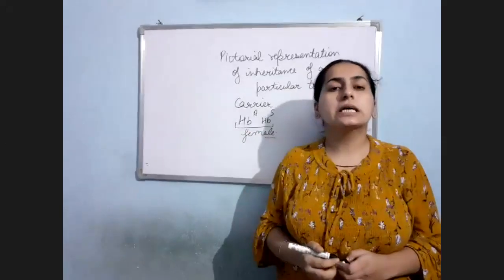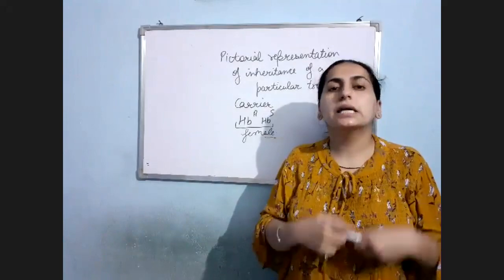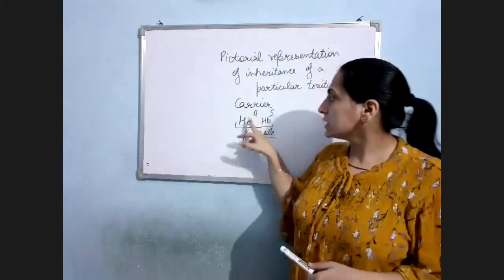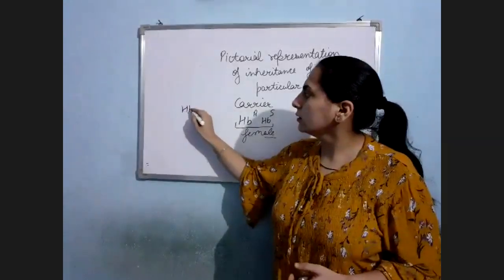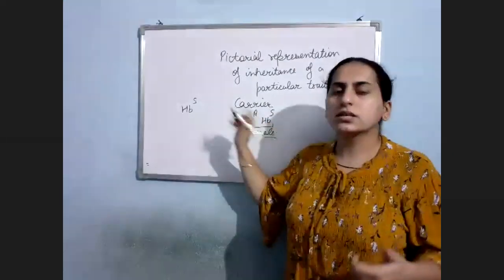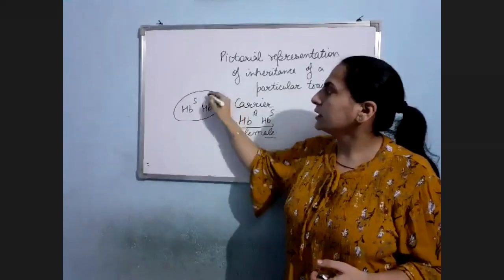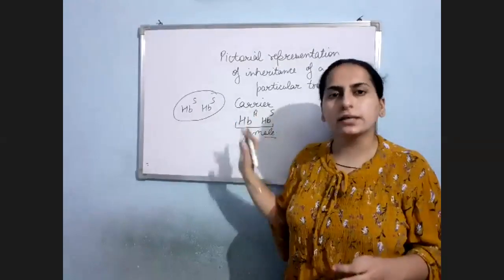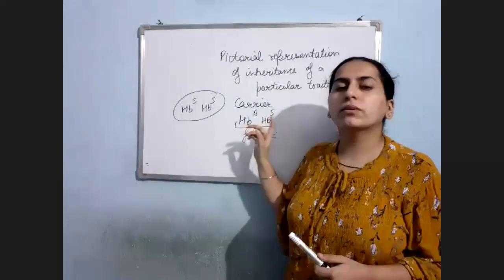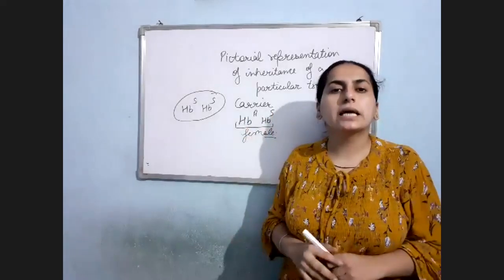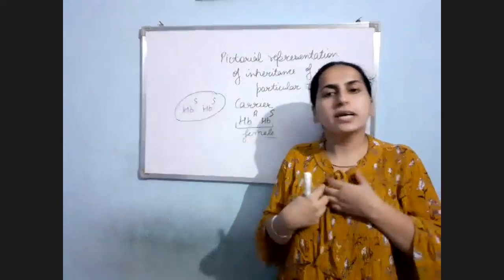She does not have sickle cell anemia, her RBC is not sickle cell, because it is having the A trait. If both were the S trait, for this kindly watch yesterday's video, then the female would be sickle cell. But here this is the condition. So the female is not having sickle cell anemia, but she is a carrier, and she even doesn't know that she